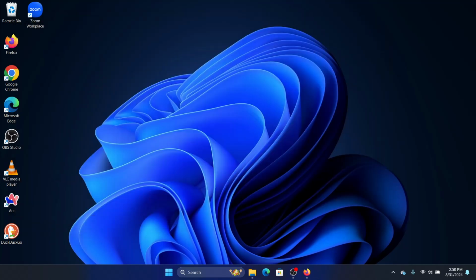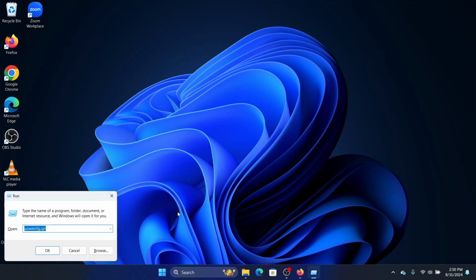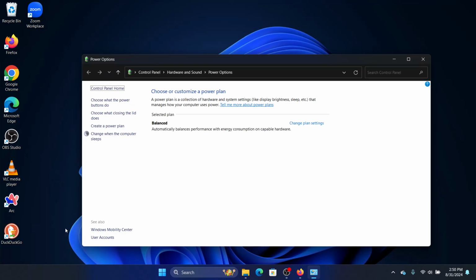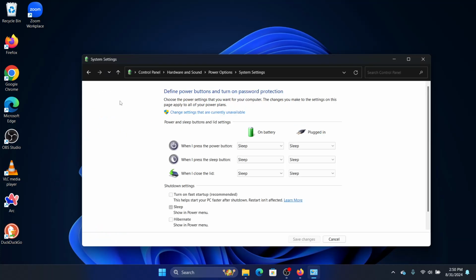Now the third option is to disable the fast startup. So we will press Windows and R, and we will enter the command powercfg.cpl, press enter, and we will click on choose what the power buttons do, and we will change settings that